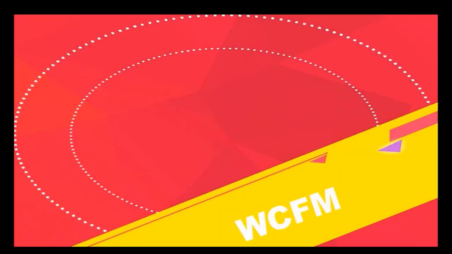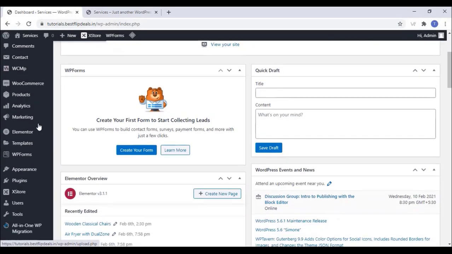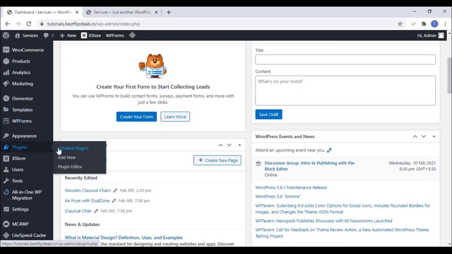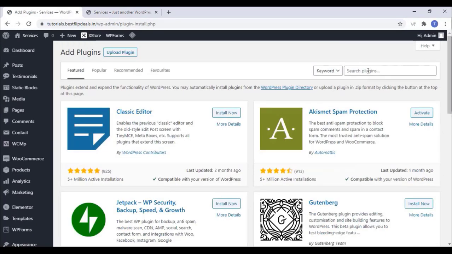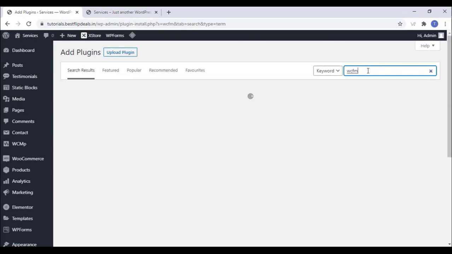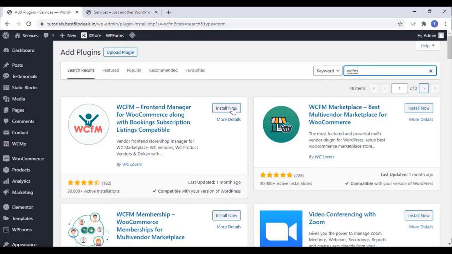Now we can install WCFM. Actually, this plugin makes our website into a multi-vendor website. Go to the plugin section and it is totally free. Click on add new, type WCFM and install all these three plugins: Frontend Manager, WCFM Marketplace and WCFM Membership. Install all these three plugins